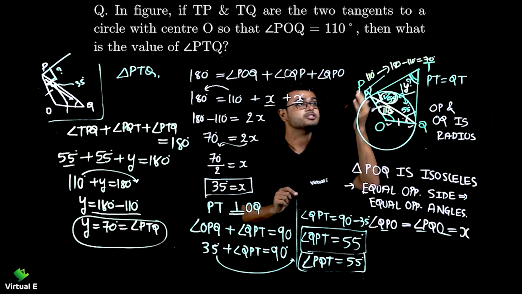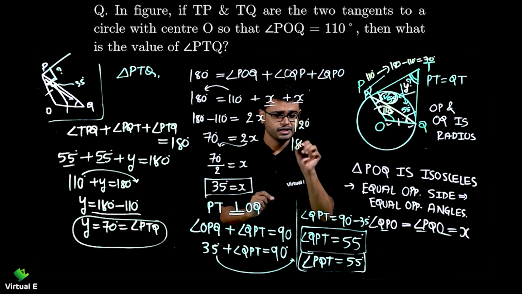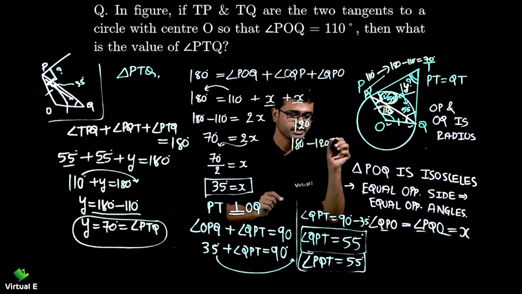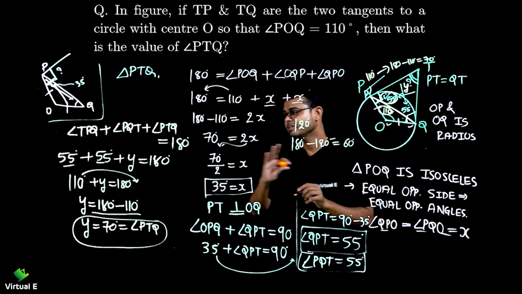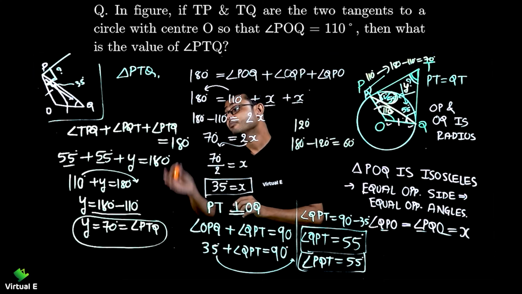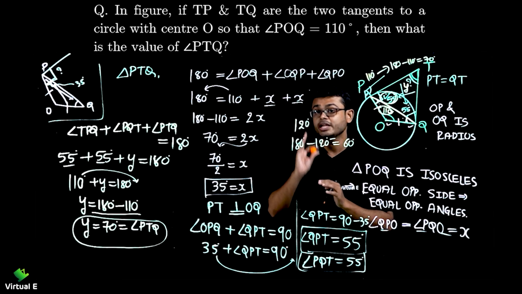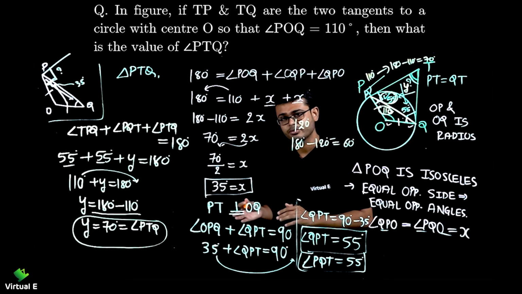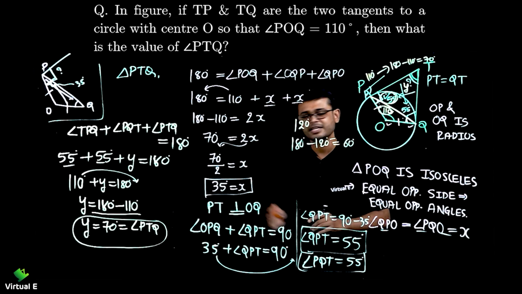If the number is changed, let's say it is 120 degrees, right? So what you do again, 180 degrees minus 120 degrees, then 60 is your final answer, fixed. No need to even do all these methods, right? But if this kind of question is asked for 2 marks or 3 marks where you need to show the calculation, you have to do it. There is one more way, a third way, to do this as well. We'll discuss it in the next question.